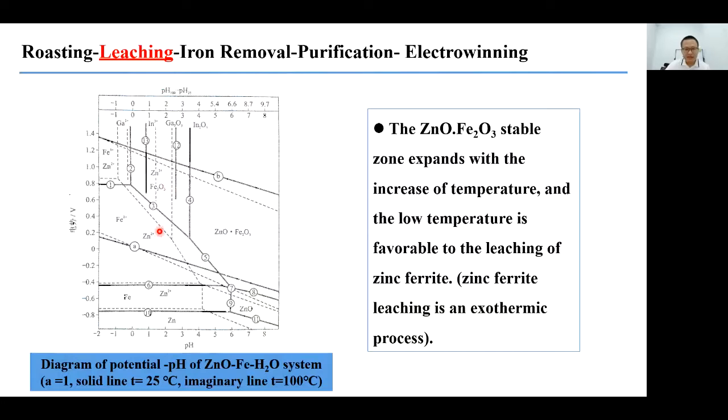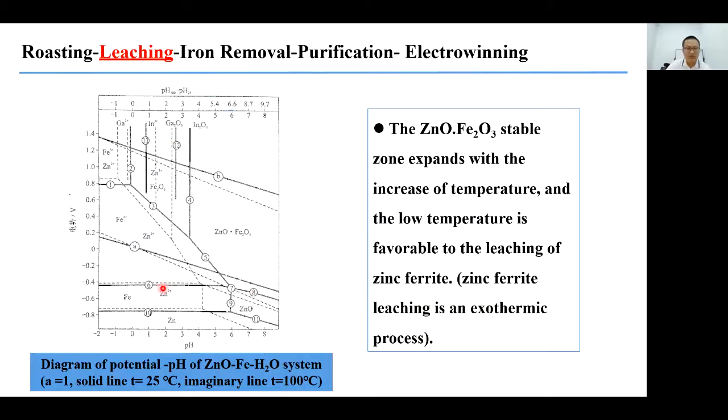And this is a phase diagram of the zinc iron hydrogen system. This is two systems: zinc-water and iron-water. So this is the two systems combined here. This is a zinc ferrite, and this solid line is 25 degrees C, and the dashed line